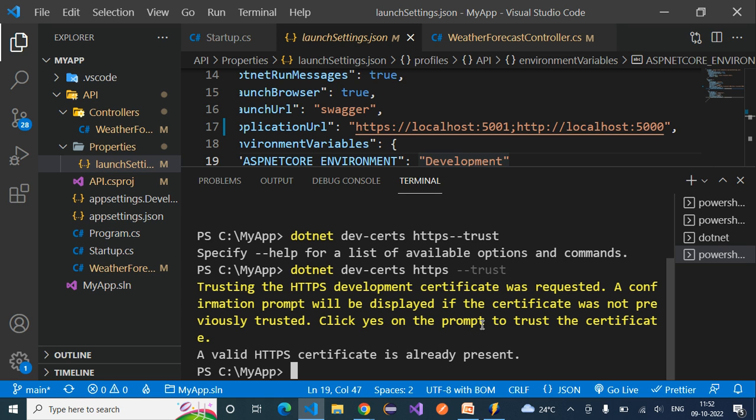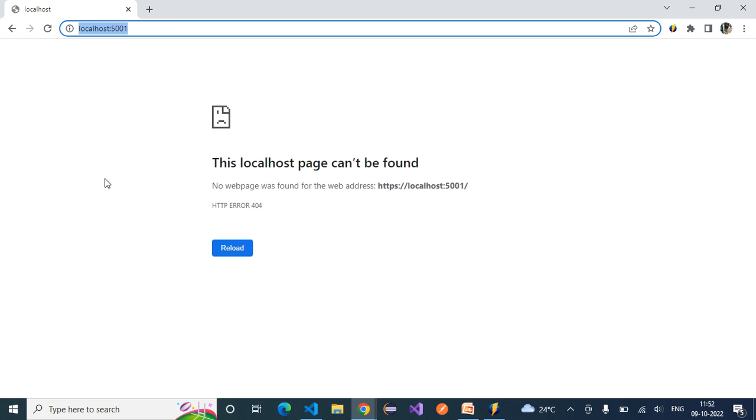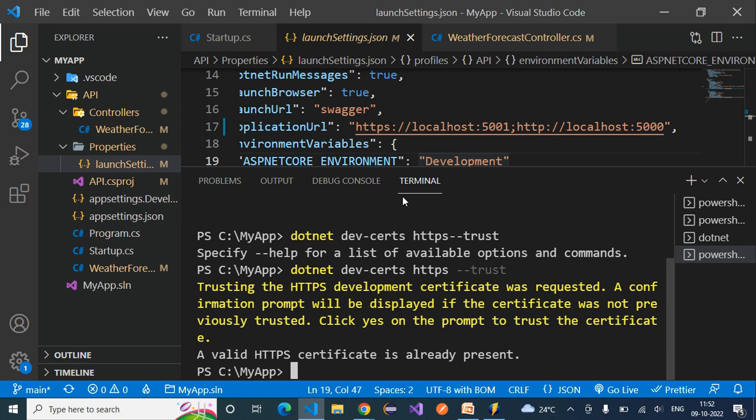So at that time, just provide yes so that you will also have a valid HTTPS certificate configured for you. Okay, once this is done, now if you open the browser, localhost colon 5001 and press enter, still you will not be able to see the output for this project. Why? The reason is because if you observe